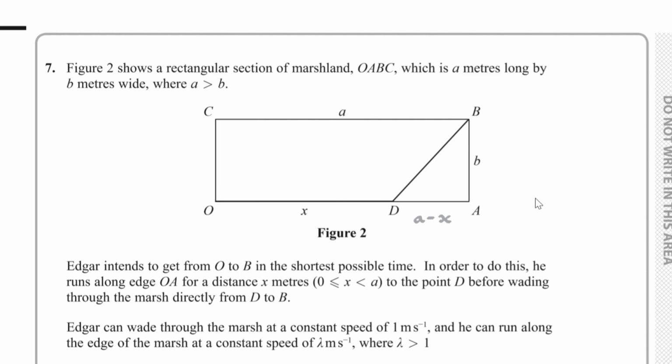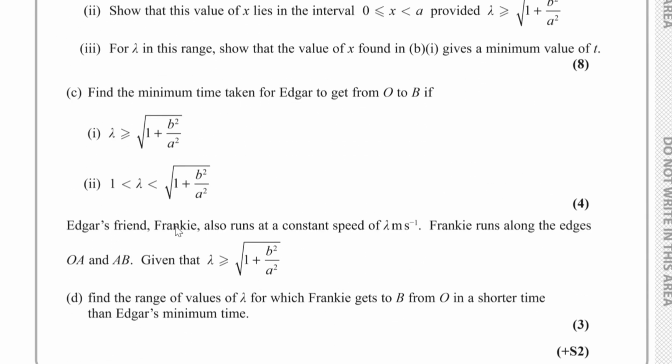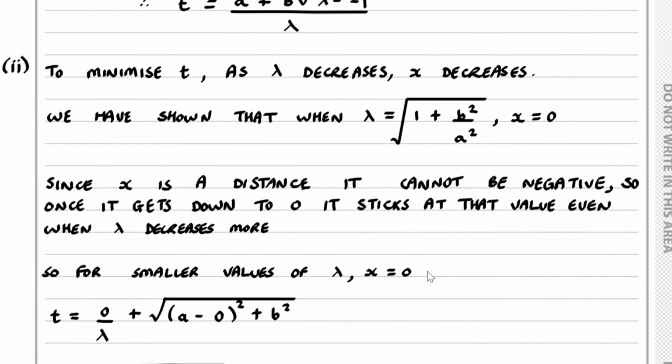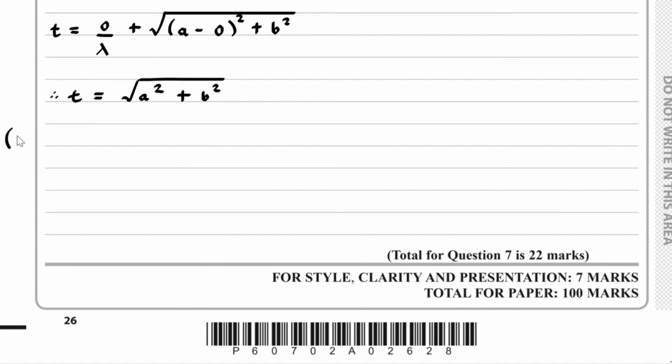That distance is going to equal A plus B, and the speed is lambda, and therefore for part D of the question, the time for Frankie, that's equal to A plus B over lambda. And we know that the time for Edgar,